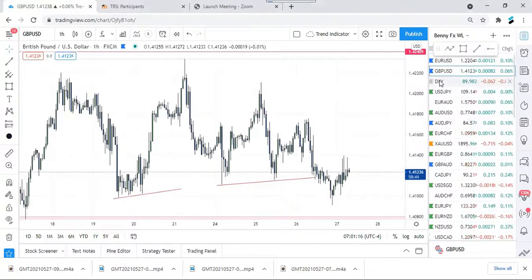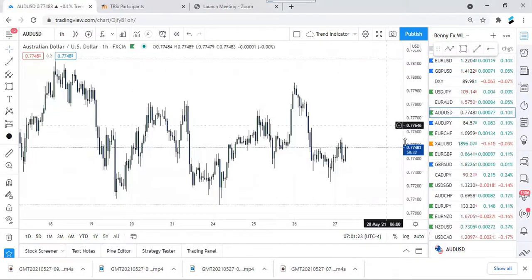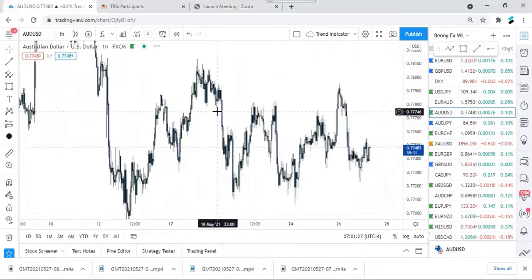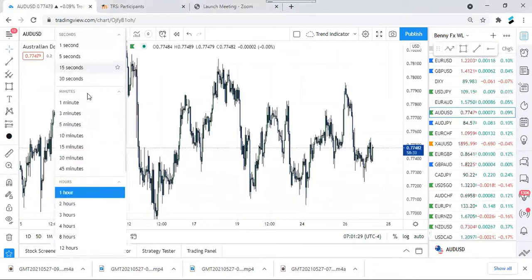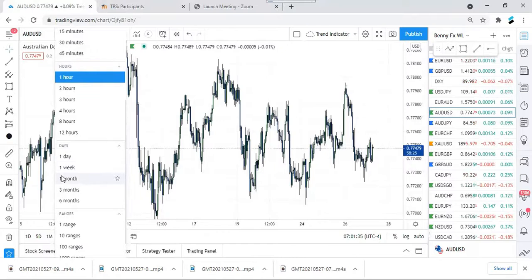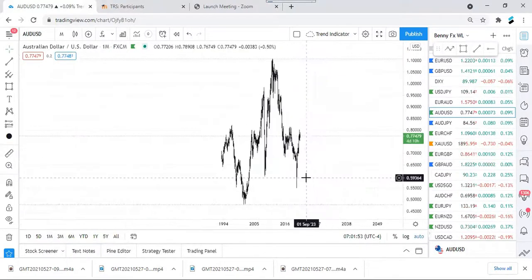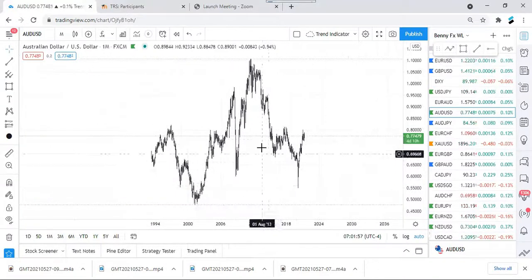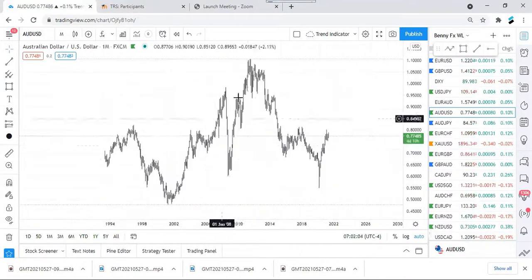Maybe let's try AUD USD. Okay. So tell me what you plan to do first, step by step. Make it very mechanical. So the first thing is you need to go to the highest time frame. So that would be 1 month. Okay. So what do you do on this higher time frame, like monthly? Identify the trend. Okay. The most recent trend is